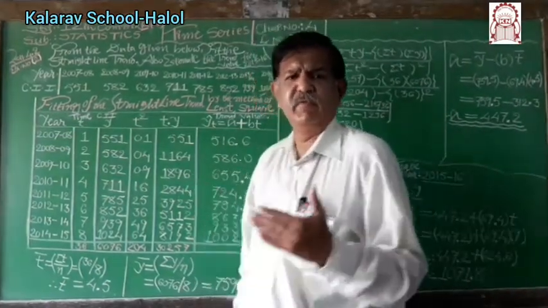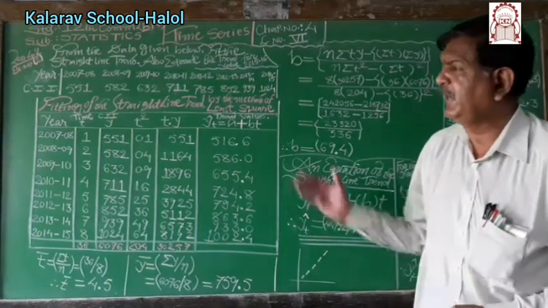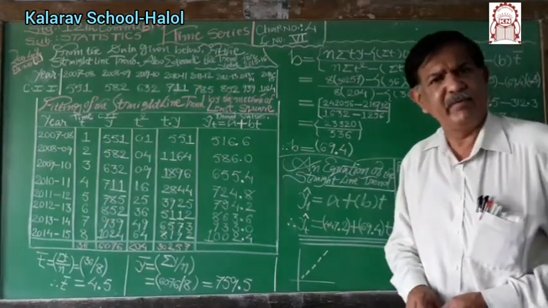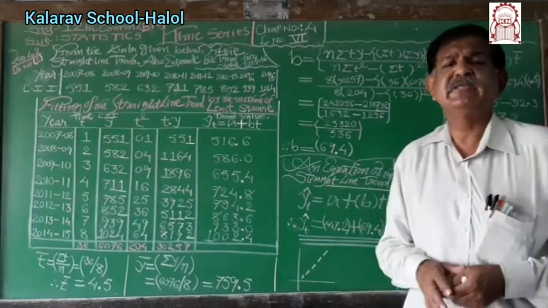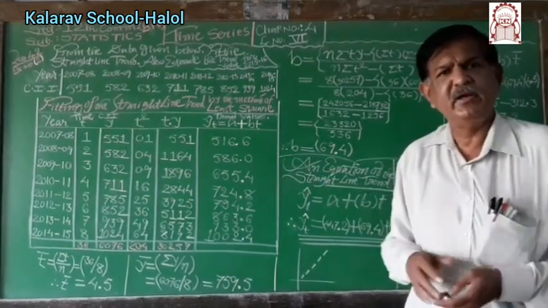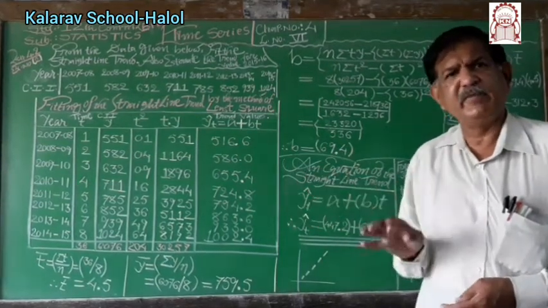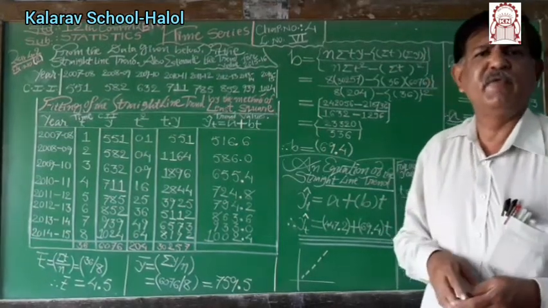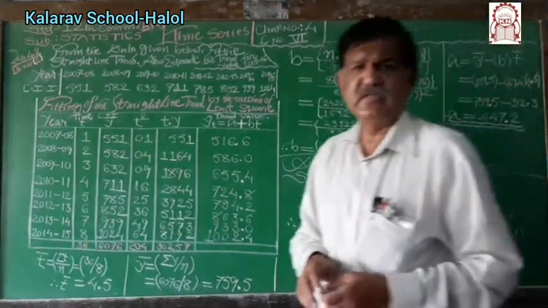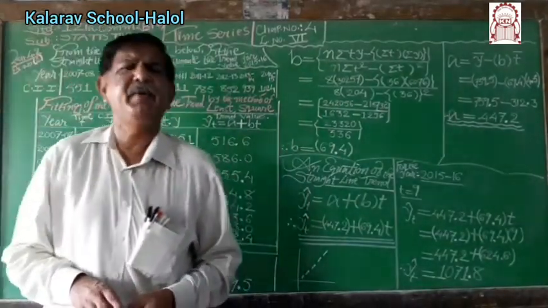From the textbook, from illustrations, from the PDF, from board papers, please practice a minimum of 10 examples of the same type. Then you will get good command over this method. This is an important method, and can be asked in section E or section F for 4 to 5 marks. This is an important one, and that is why we practice well, we prepare well.